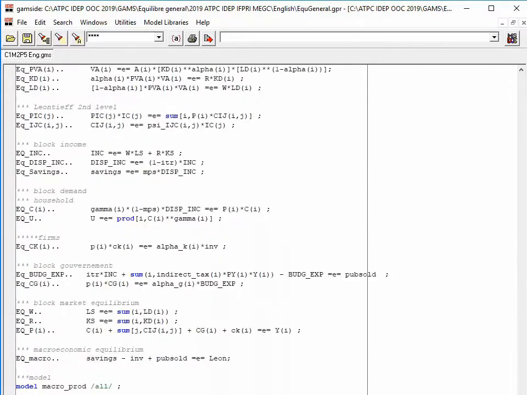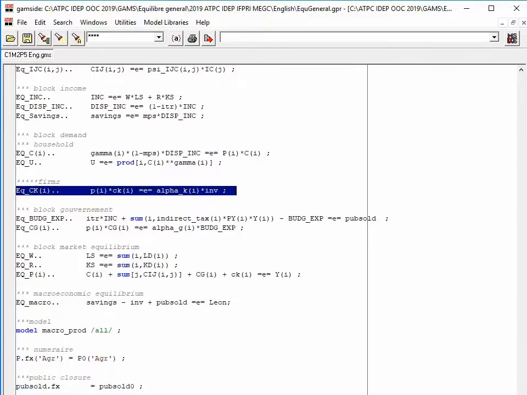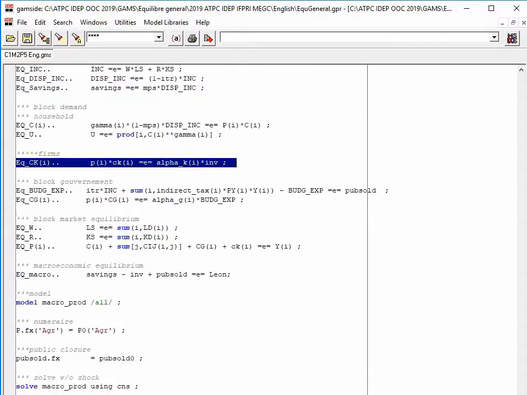In the model, there are some changes because, on the one hand, there is an equation for the determination of capital, or more exactly capital expenditures of companies in each sector. It follows a Cobb-Douglas, that is to say the value share of each sector is constant. Then in the equilibrium equations of the goods markets, you understand that there is a new demand, which is CK on I,